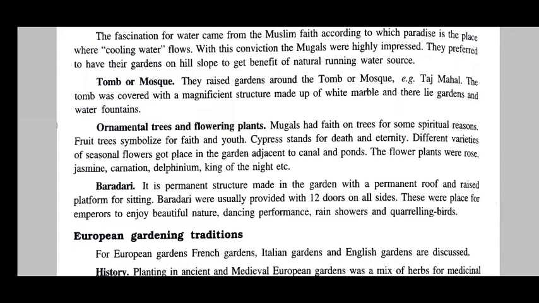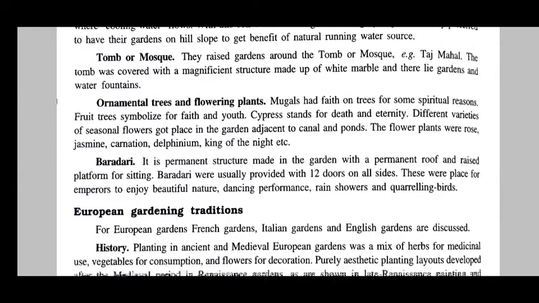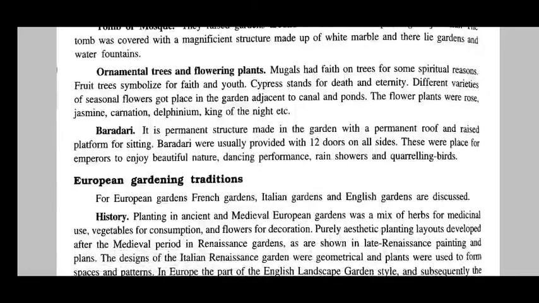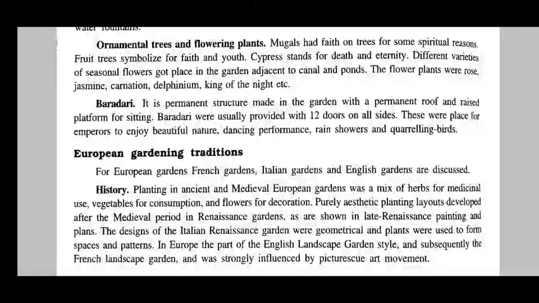The park and avenues, sometimes like the Taj Mahal and the mosque example. Ornamental trees and flowering trees have been seen inside, and cypress plants and different varieties of seasonal flowers have been placed inside the garden, such as jasmines, and some fragrant flowers are also used there.